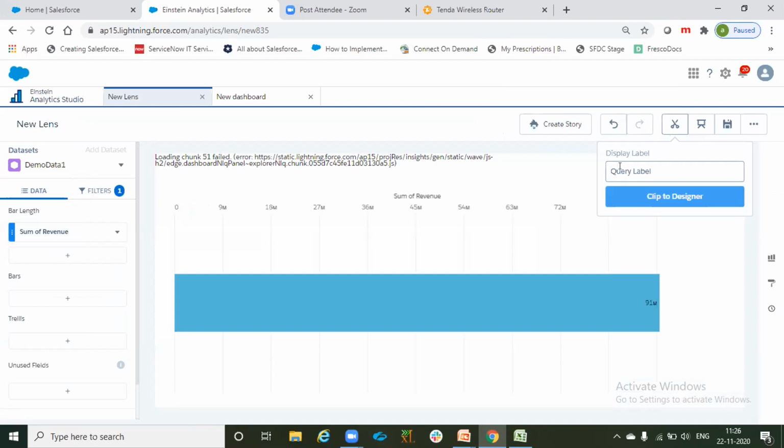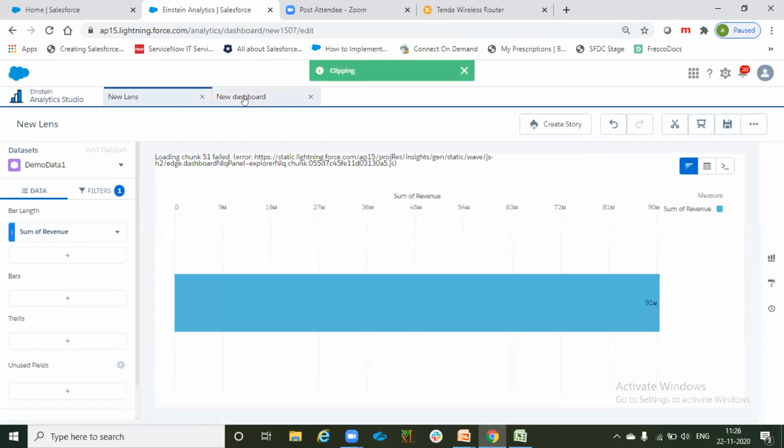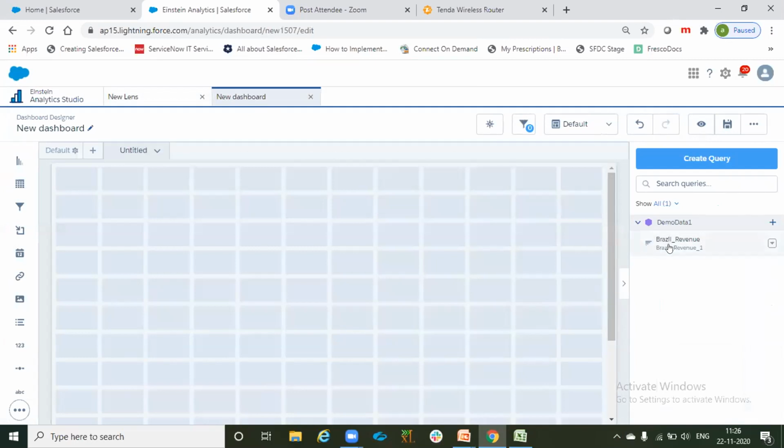As we are showing the revenue of Brazil, we can say Brazil revenue. Once I clipped it and I come to the dashboard, you can see here I do have Brazil underscore revenue. So this is my lens and this is having the sum of revenue for the country called Brazil.